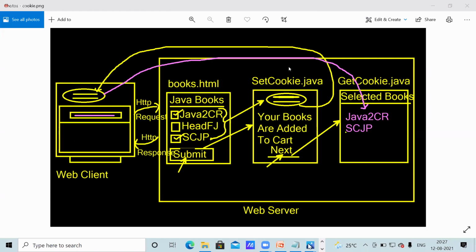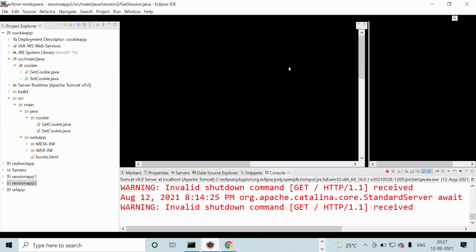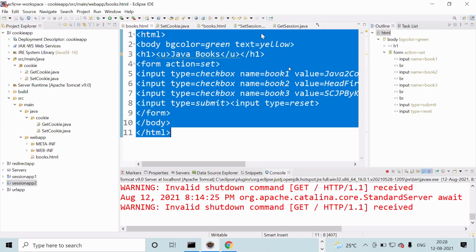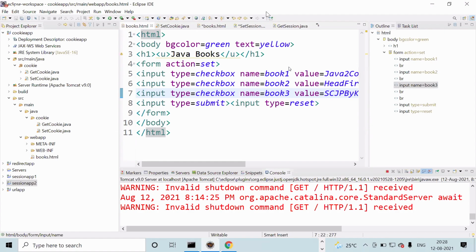Now you observe. HTML program, any doubt? First HTML program, any doubt? No doubt, right. When I click on the submit button, set is going to be called.